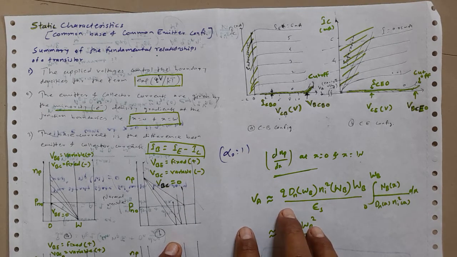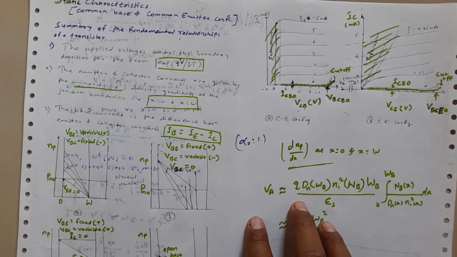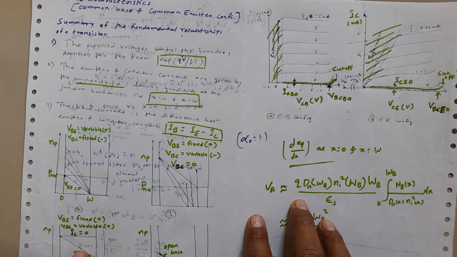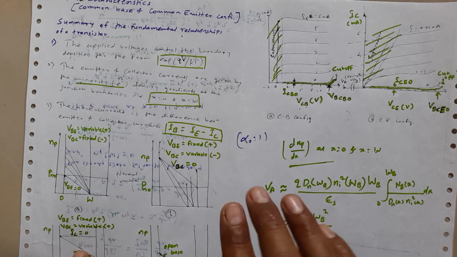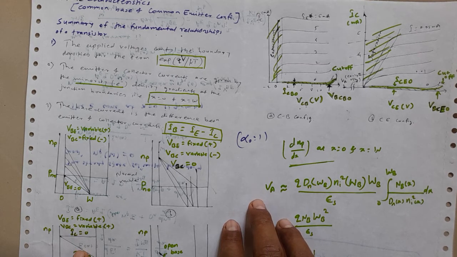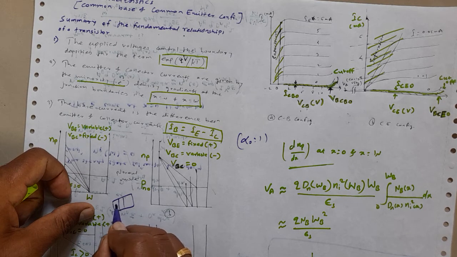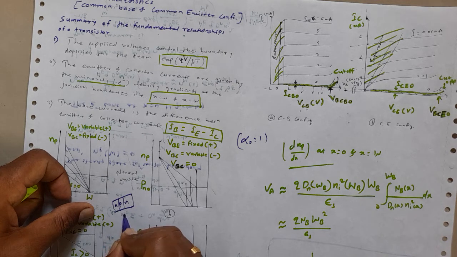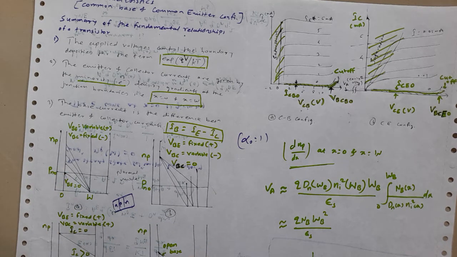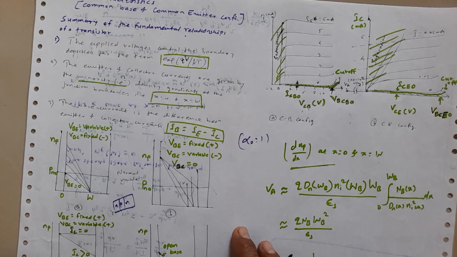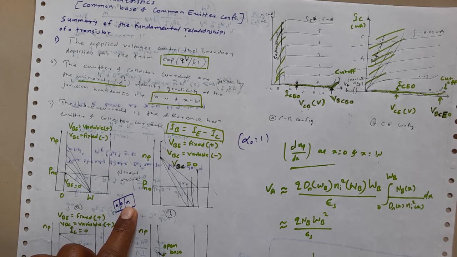Now for the negative V_CB, or the positive V_BC, on the other hand, the base collector junction is forward biased. Do remember that in this NPN diagram, the emitter base junction has to be forward biased and the collector base junction has to be reverse biased. So now the base collector junction is forward biased, and the transistor will be in the saturation mode.